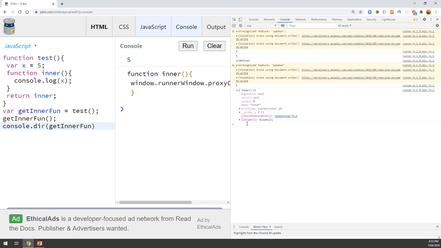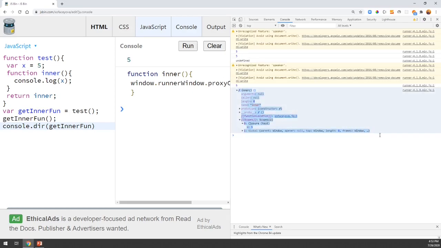So here inside this function we can see there is a scope variable. Under scope we can see closure is there inside that inner function. So this inner function is nothing but a closure, which will give us access to the outer function's variable x, which has a value 5. So this is nothing but a closure.